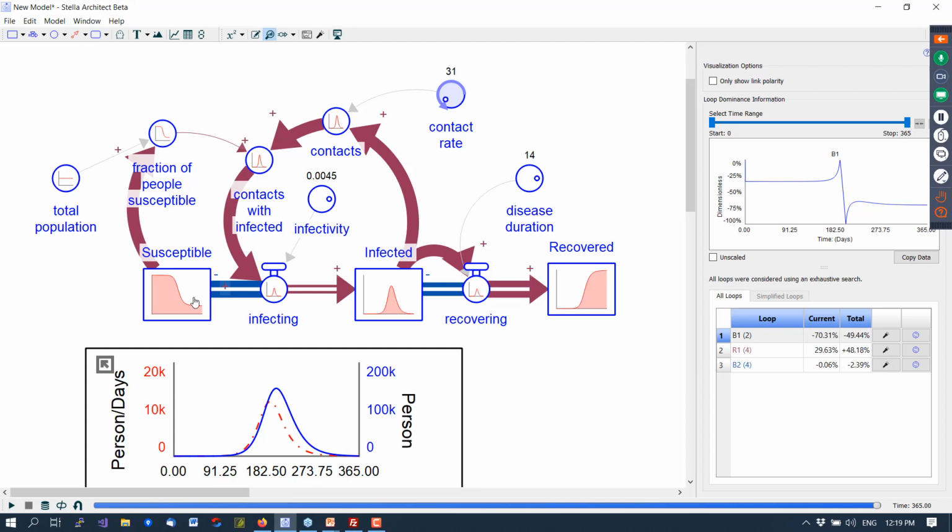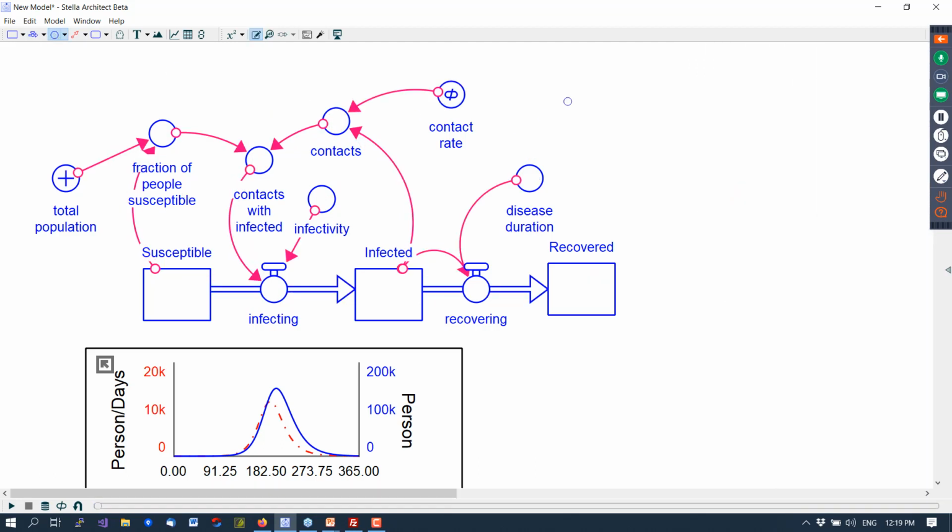And the reason this is happening goes to a concept which we could really call R. So many of you have probably heard of R naught quite a bit of late. And R naught is the reproductive, I'm going to actually create something called R, and then I'll create something called R naught, kind of a two-stage process here. R is the reproductive capability of the disease, and the inputs to that, I'm going to just do these as ghosts, so I don't have to draw them across the thing, is the contact rate,